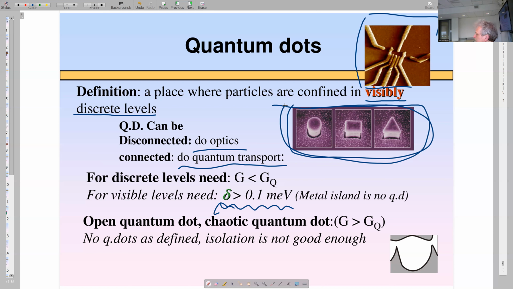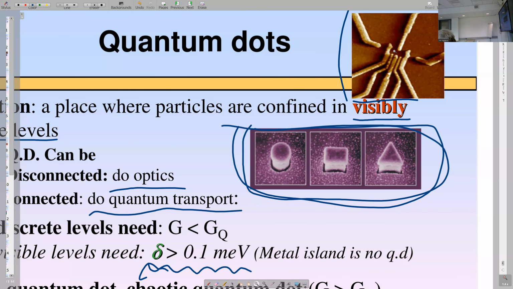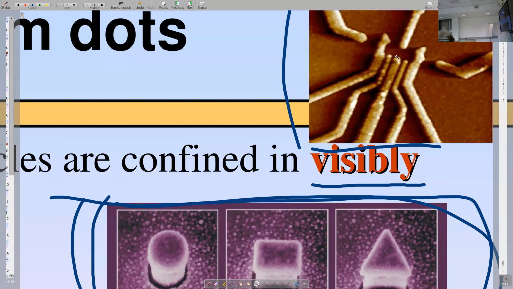Since we are in quantum transport, let me try to zoom in the picture. Perhaps it doesn't crash. Sometimes it does, but hopefully not today. Oh, my picture appeared. Fine.